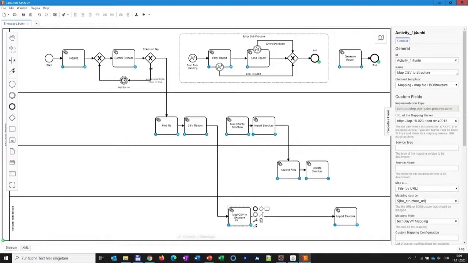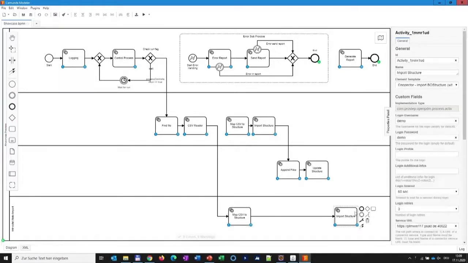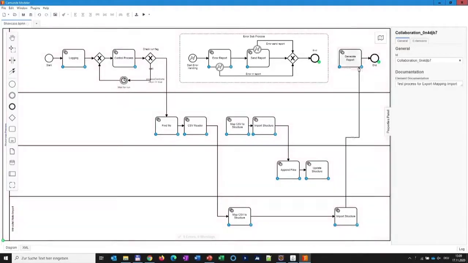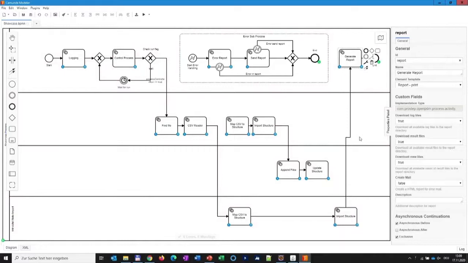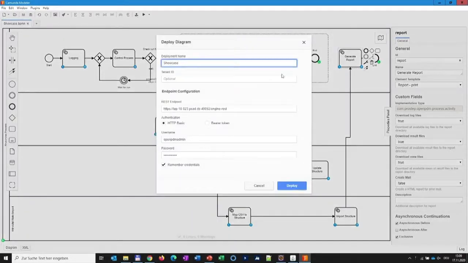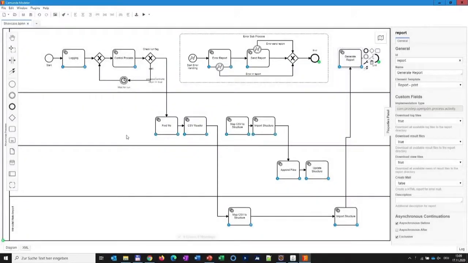And here we have a Windchill connector addressed, or our Windchill connector in our test system, and the mapped data are then imported. So that means at this point the import worker, already mentioned, is addressed and the data are automatically imported. And before we deploy it, we should also store it and then deploy.